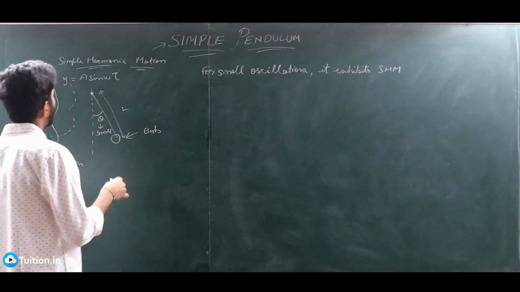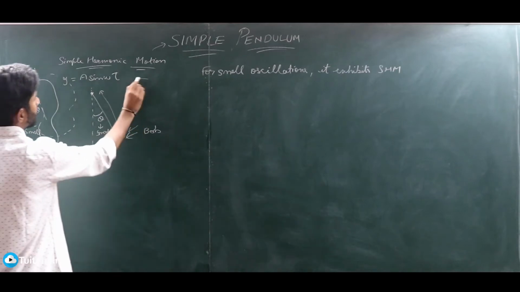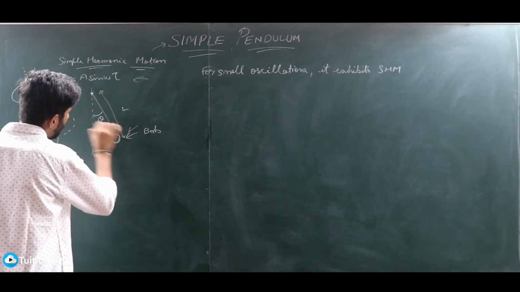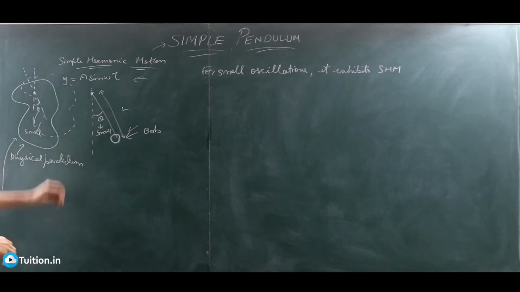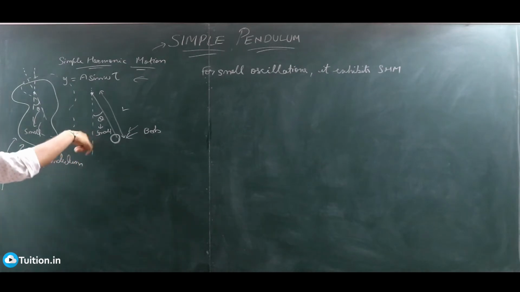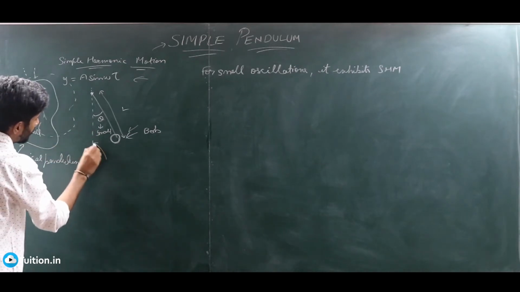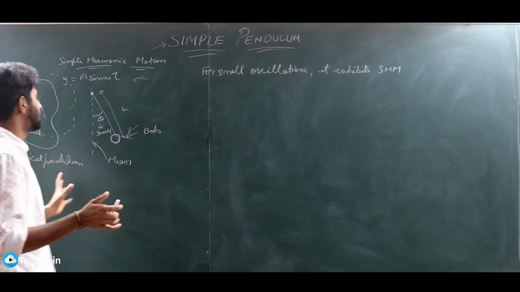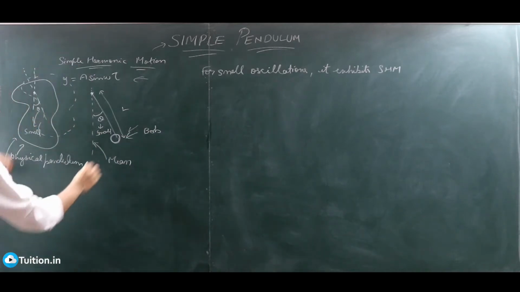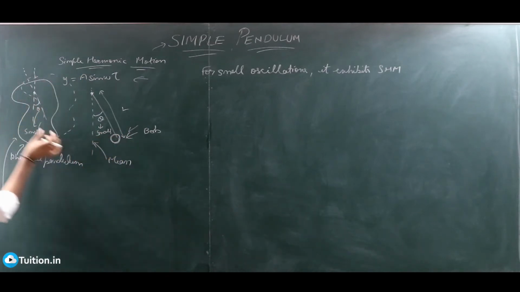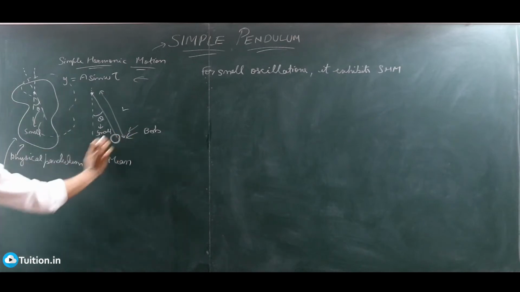So let's go about it. Let's see how this motion is similar to this, right? So when you pull the bob by this angle, what you will notice is it will try to come back to this position, but when it comes to the mean position, this is known as the mean position, by the way. So mean position is that position where your net force becomes zero. There's no force acting. So it comes here, but because it has already gained some kinetic energy, it already has a velocity, it will go and it will keep oscillating in this manner, right?